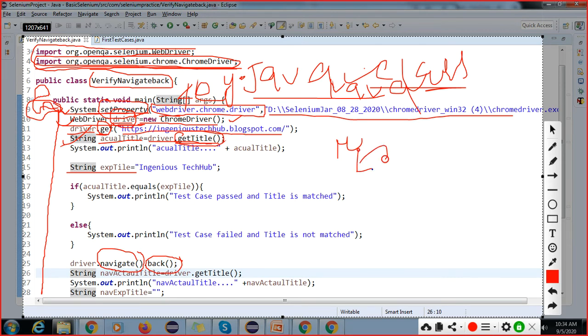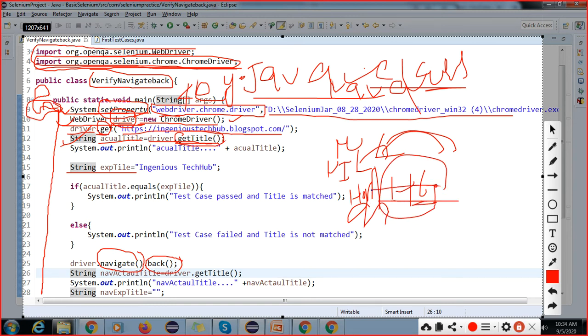If I enter the URL, then the home page will display. This is your enter, so what you are actually doing is entering the value. This is the UI part, it must become your home page. This is your expectation of what will come: home. So we are matching, this is the testing only, right?